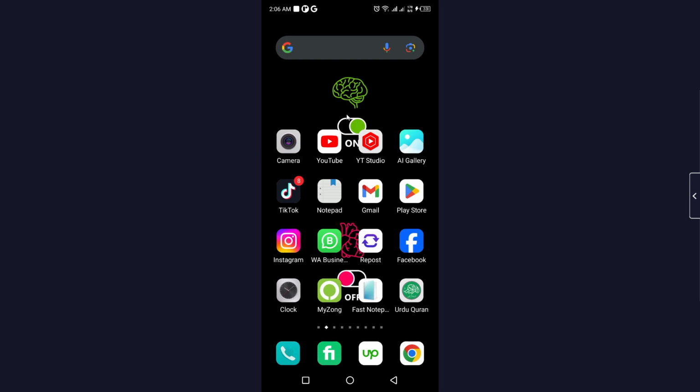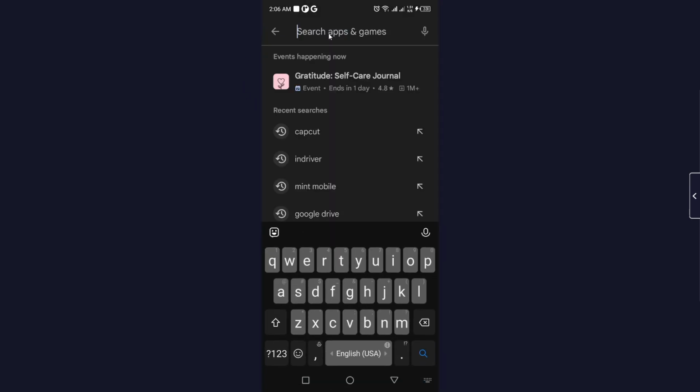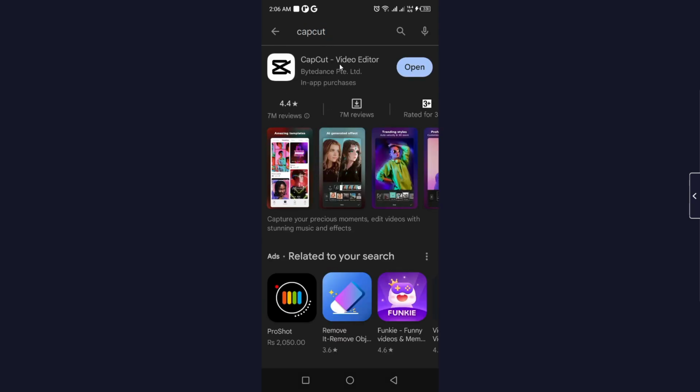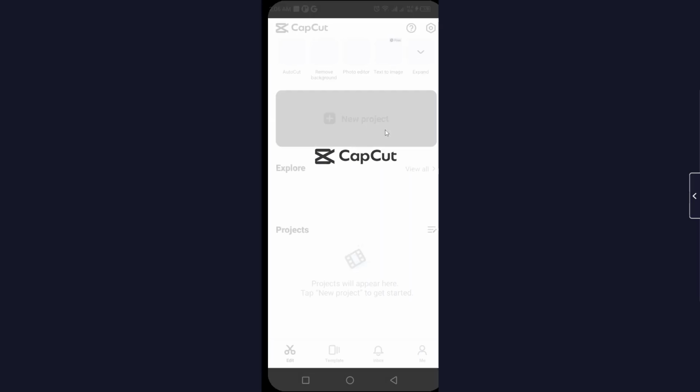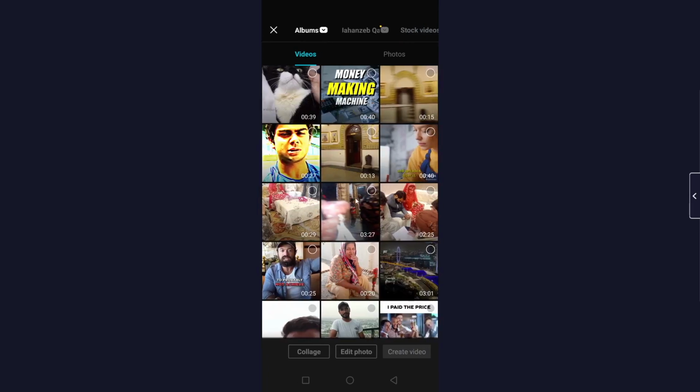So the first step you simply need to do is to open Play Store. From here you need to search for CapCut and open CapCut. Once you open it, you simply need to click on new project and then you need to